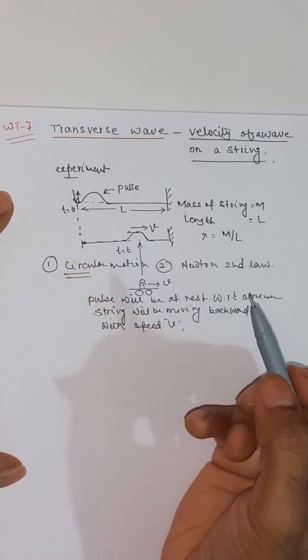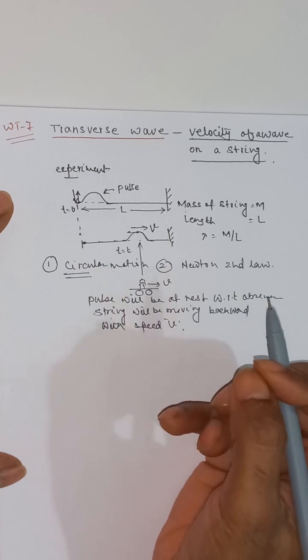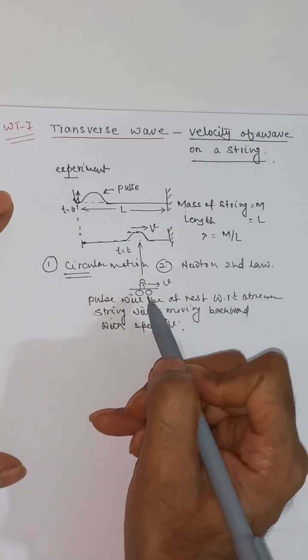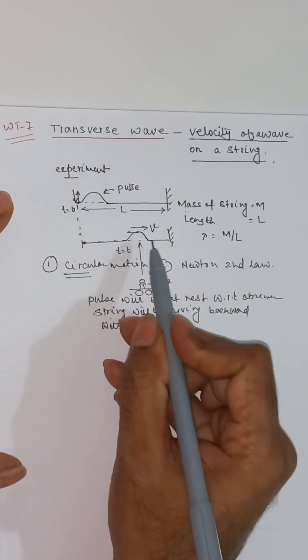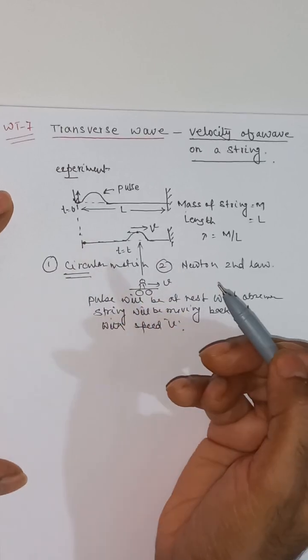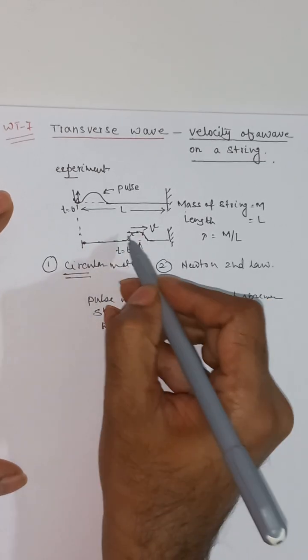Things to remember, we are taking a reference frame which is moving with speed v, the same as the wave speed. Now if we take a small portion of this pulse, say AB,